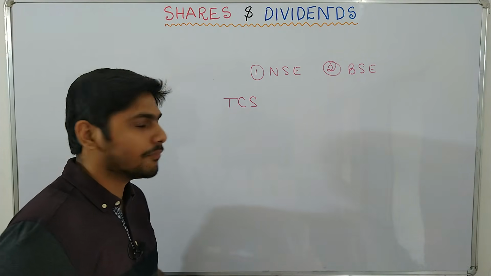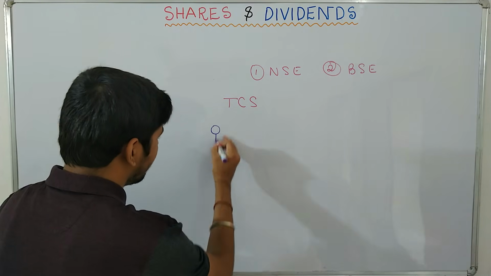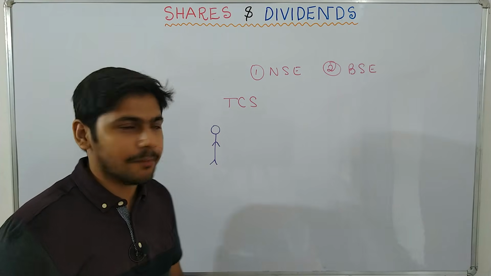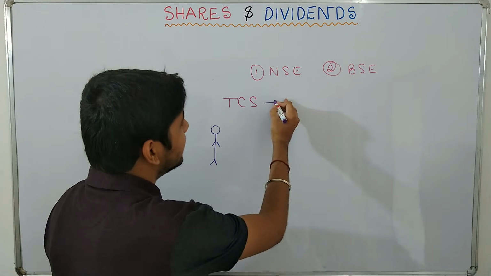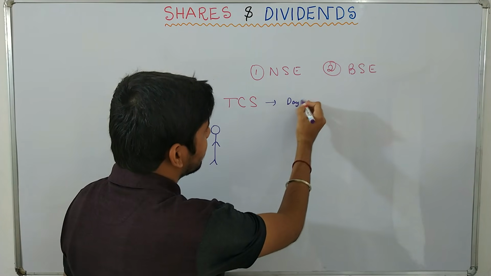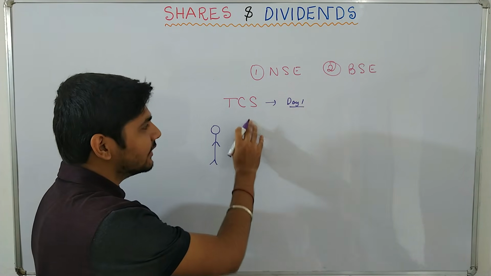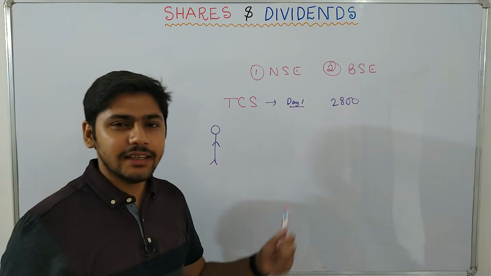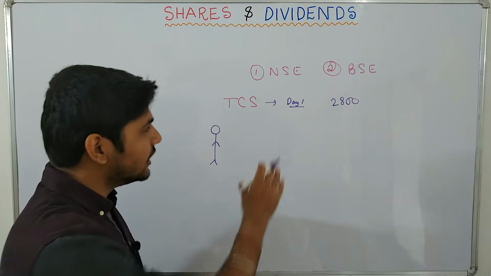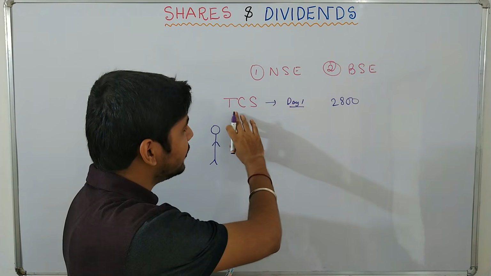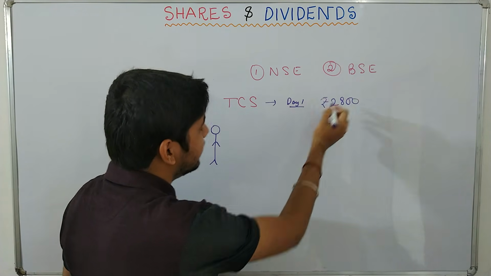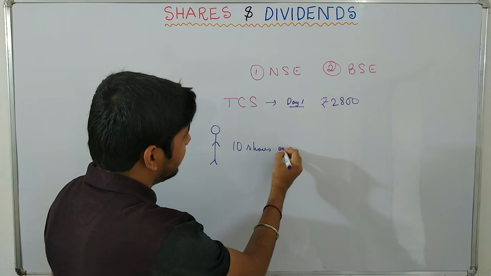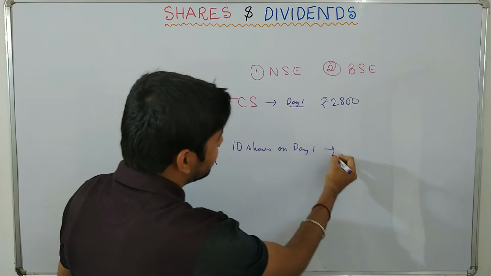It is a very good company. Now, a trader, he is a share trader and he wants to earn money. What does he do? On a particular day, say day 1, the share of TCS is selling for rupees 2800. Okay, the share price fluctuates daily. So say on day 1 the share value of TCS is rupees 2800. This trader, he buys 10 shares on day 1. So he pays how much? He pays